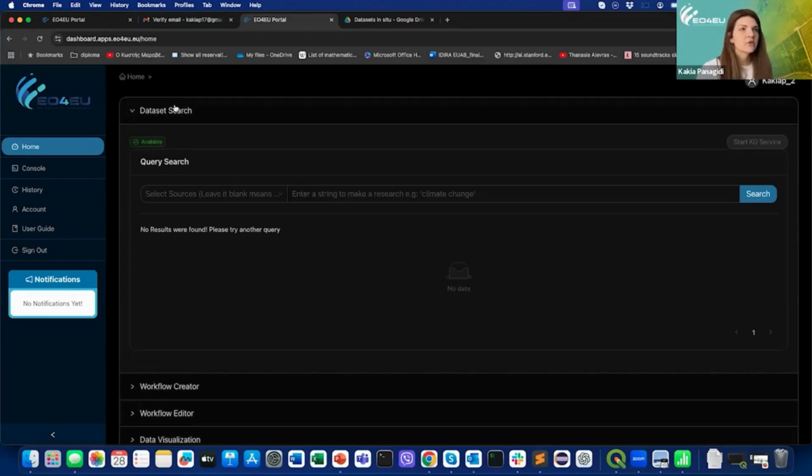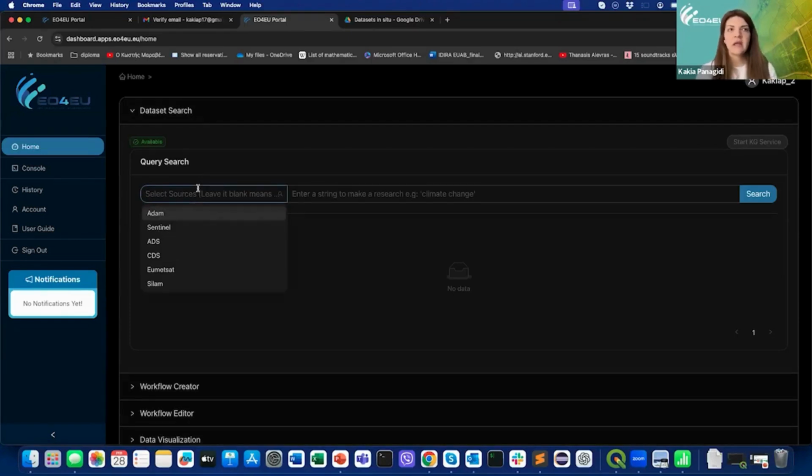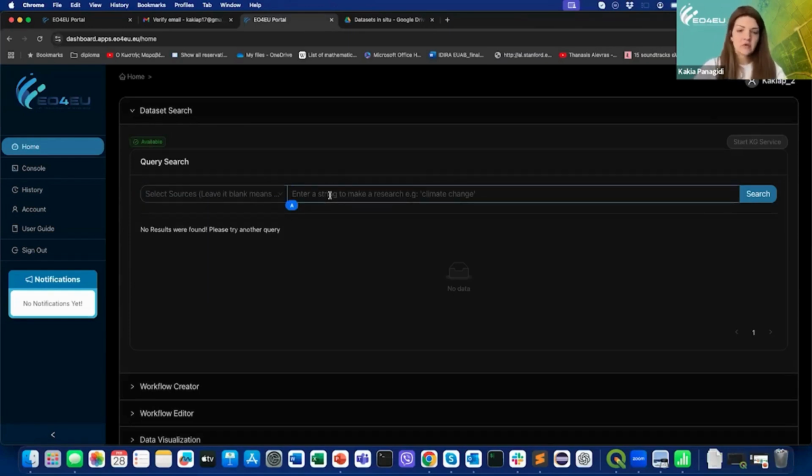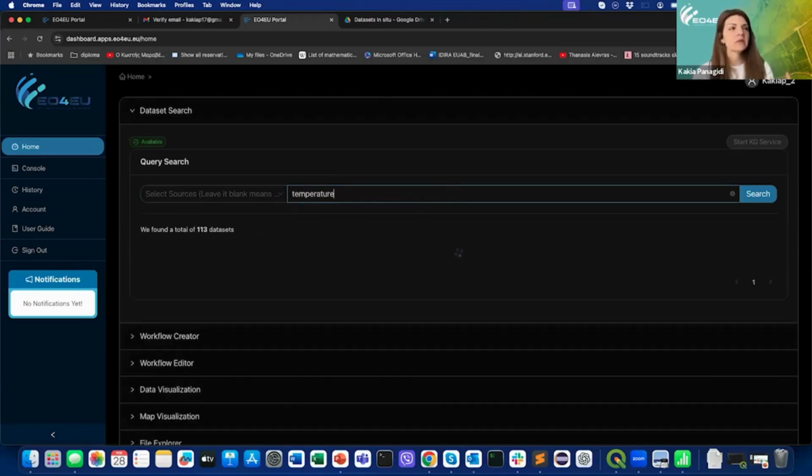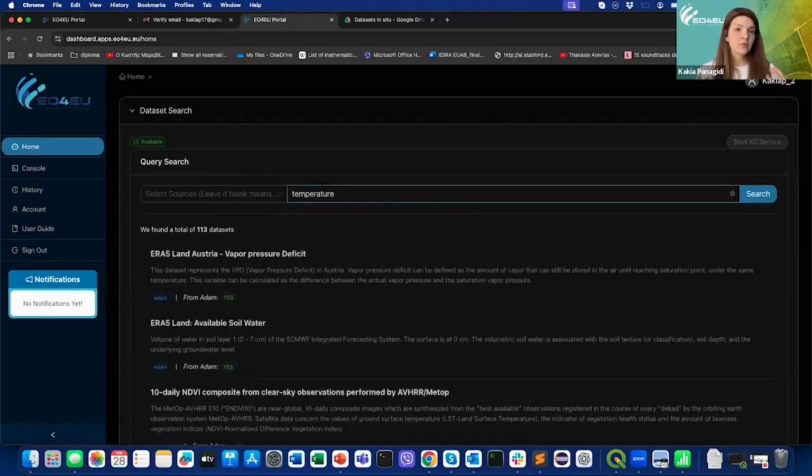If you would like to search our data sources for a specific data source, you are really free to go through an easy search. What I mean is, for example, I would like to see data sources that describe temperature. What we are going to ask from the knowledge graph is to return all the data sources, the most